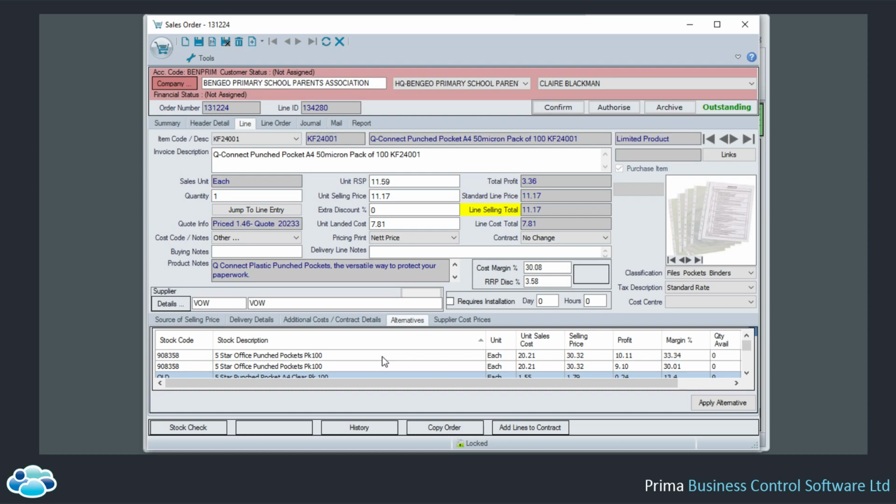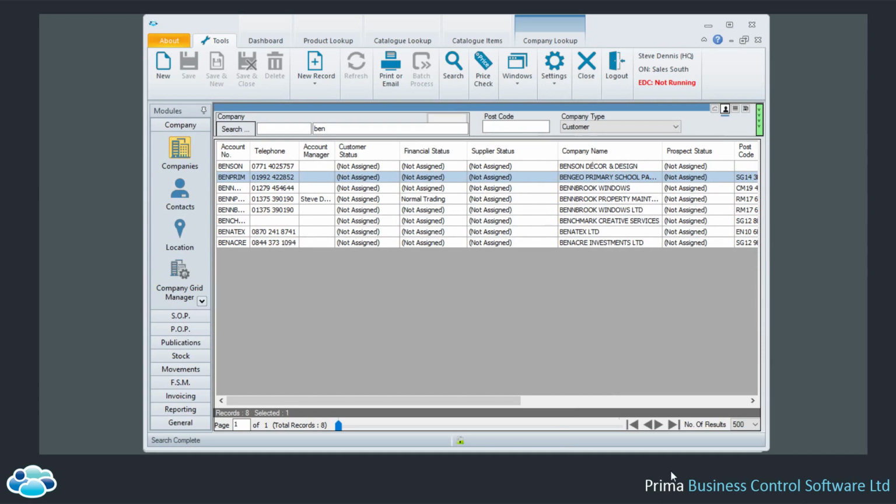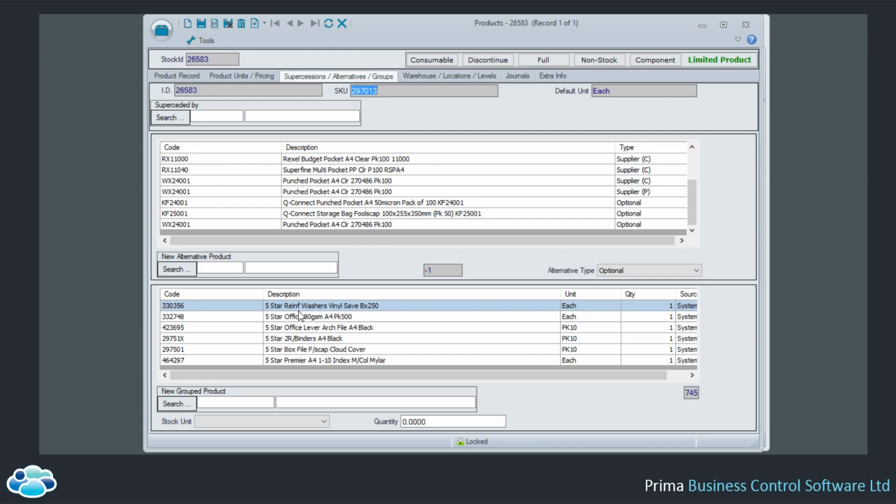Okay, so just moving through, I just wanted to show you the grouped items on the system. What we define as grouped items in Prima, like I said before, are items that give you an opportunity to upsell. So you buy a product, for example 297013, and then you would need, as we've got here, some lever arch files that will be complementary to that product. So there's an opportunity to upsell through Prima,